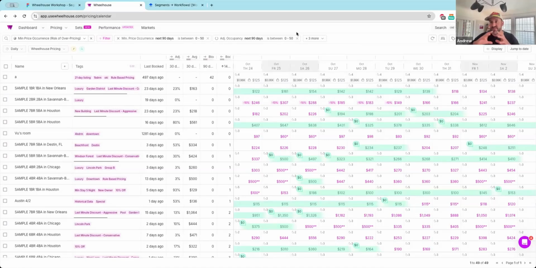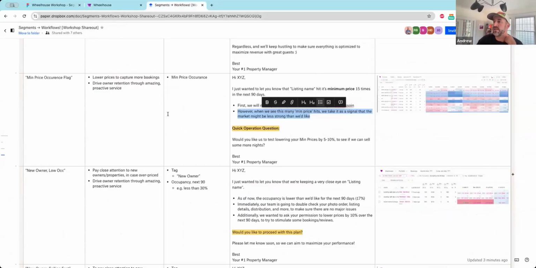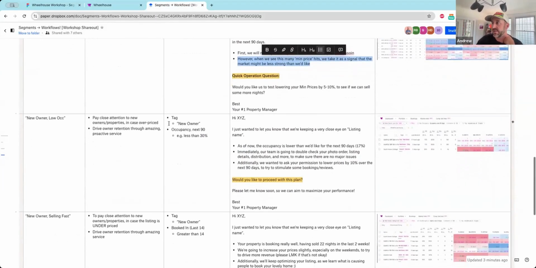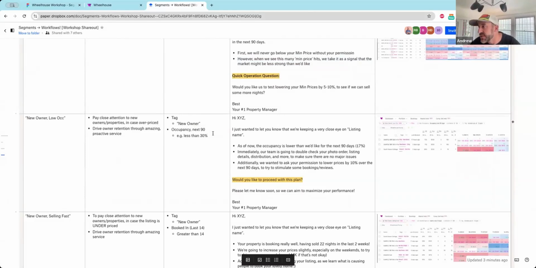But really, when we're thinking of advanced use of segments and combining metrics in the ways that you all are noting, it is to better inform your team meetings, your own decisions, your owner conversations, etc. And it's not just the act of discovering, it's like, okay, well, what do you do next, right? So here's another example where you might tag a property new owner, or soon we'll have that filter for the creation date on listings.